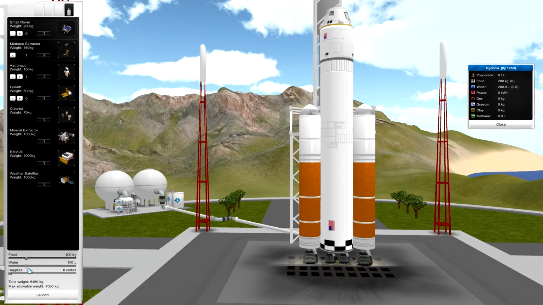I mean, the water is limited by the tanks. I think each tank holds 2,000 liters, and so have like 4 tanks. You can hold 8,000 liters of water. So you can max out on that. But as far as I've been able to see, food you can't, because I've got like 5,000 food or something like that